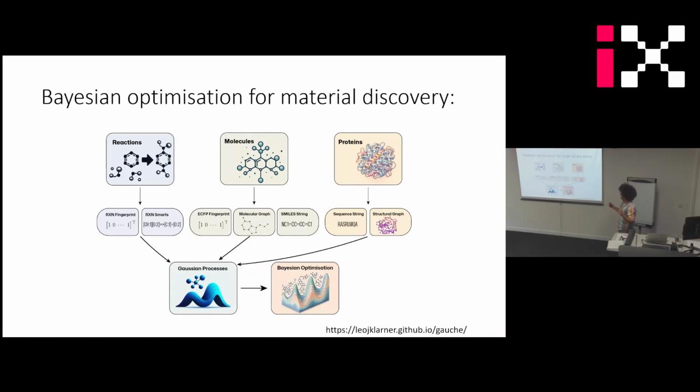similar elements that would be found for all the elements you have in your space, and you can define that as 0 or 1, whether you have that kind of substructure in your graph or not. That gives you your fingerprint representation, which would be a discrete representation with a certain dimension. There are other ways too. You can also directly use graph representations of your molecule or your protein. You can use sequence strings or structural graphs, and so the choice of this representation is quite